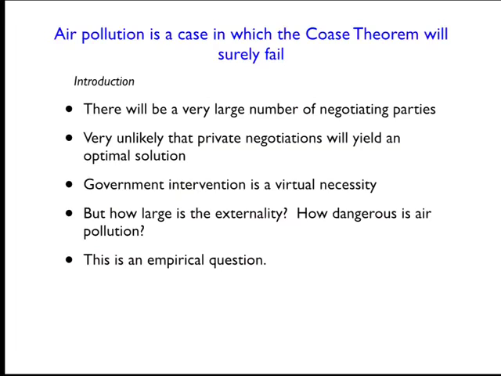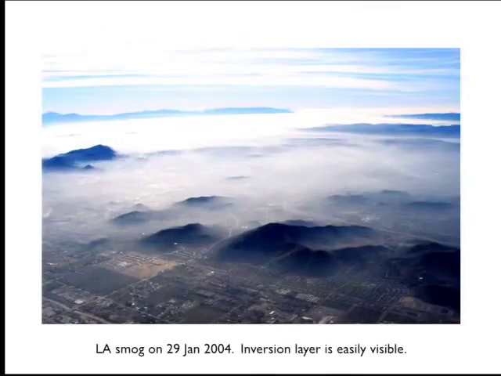So this is an empirical question, and just to give some motivation, this is an aerial picture of Los Angeles in 2004, and you can see the smog. All the pollution seems to hang right over the city, which seems undesirable. And what happens here? We don't do very much atmospheric science in this class, but the one thing I have learned about inversion layers is that, ironically, even though you think the generation of pollution is mostly during the daytime, because that's when most of the cars are driving and the factories are operating and so forth,